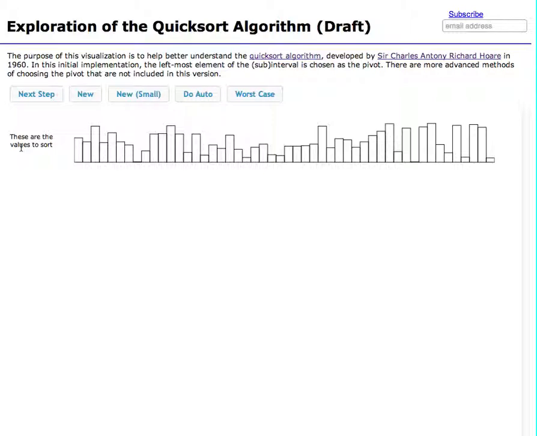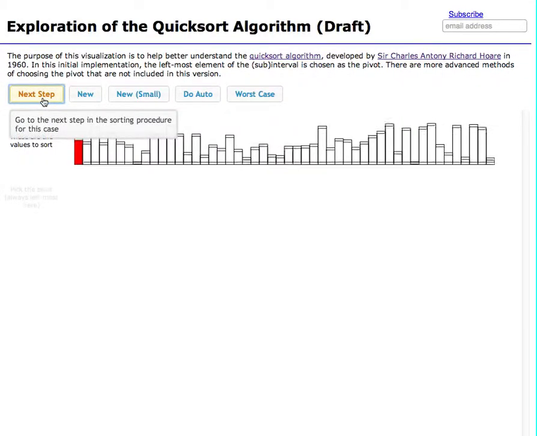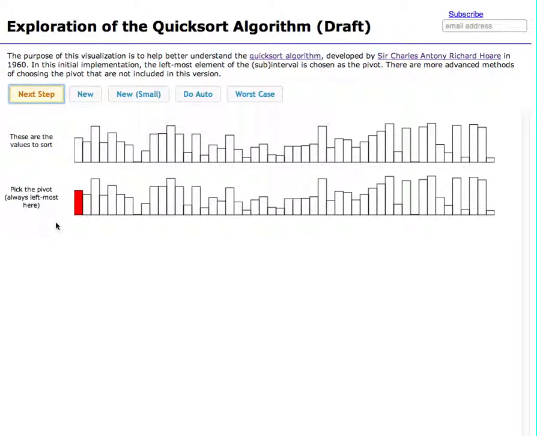So the first thing it does is pick a pivot. Boom. In this case, I'm always picking the leftmost element of a subset as the pivot. So it picked the pivot, and now it partitions the set into those values less than and those values bigger than this pivot. So if you click accept,